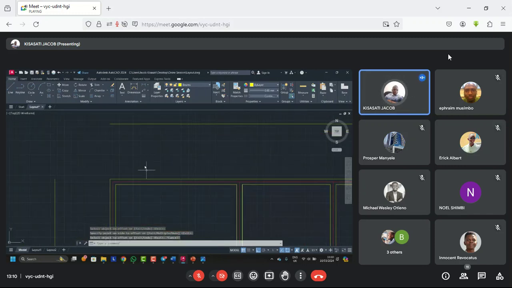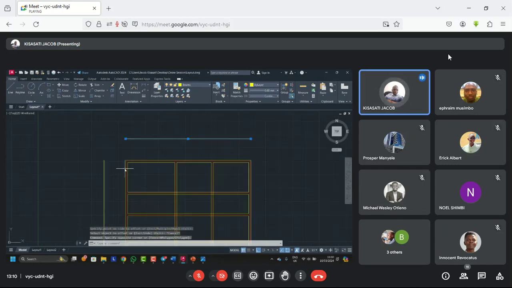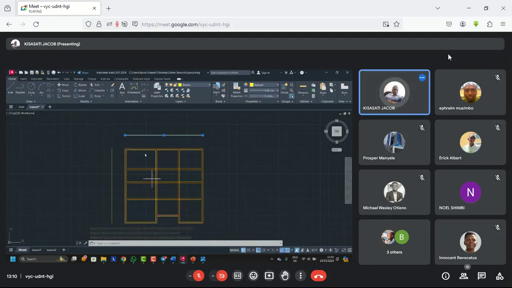Then we have to extend these grid lines to touch these two lines. Then we'll delete these two lines. But before we do this,